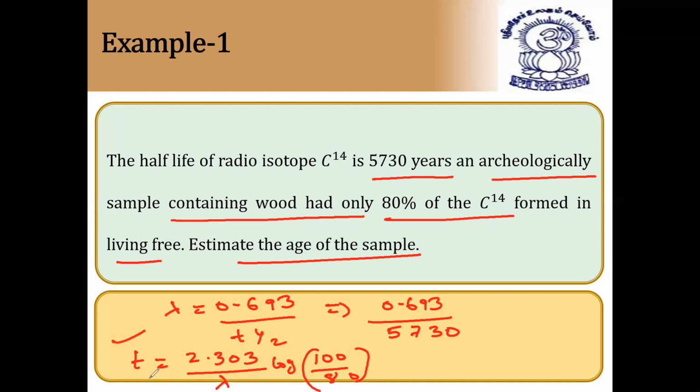So lambda you got in the first step, the decay constant. In the second step, you'll get the age of the sample, and after calculating this, you'll get the value also. I hope it is clear. Please copy down this numerical. Usually this type of numerical you will get very rarely, but still it is important. That's why I have given one model for this. I hope it is clear.